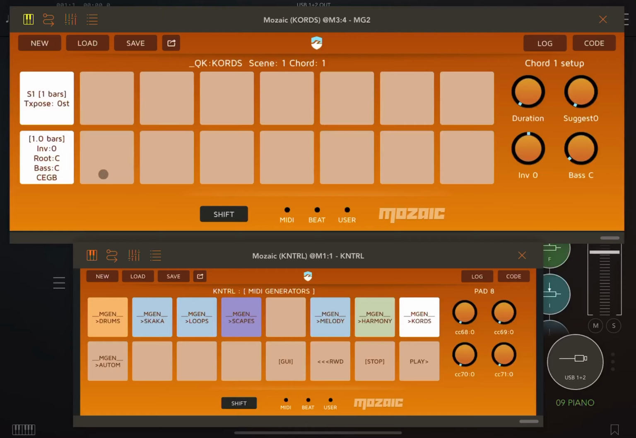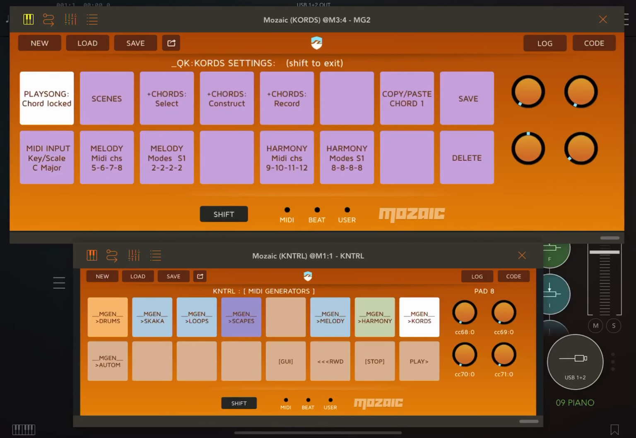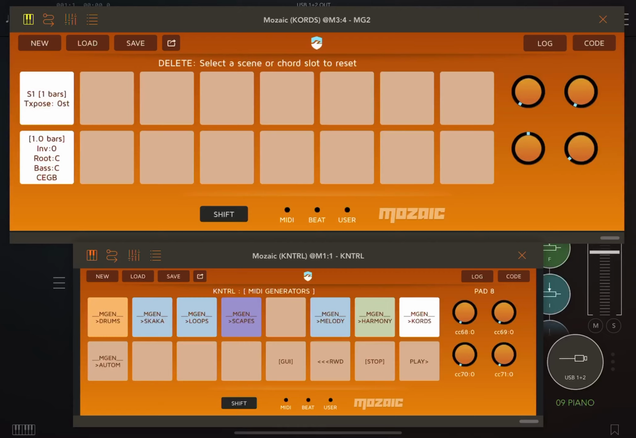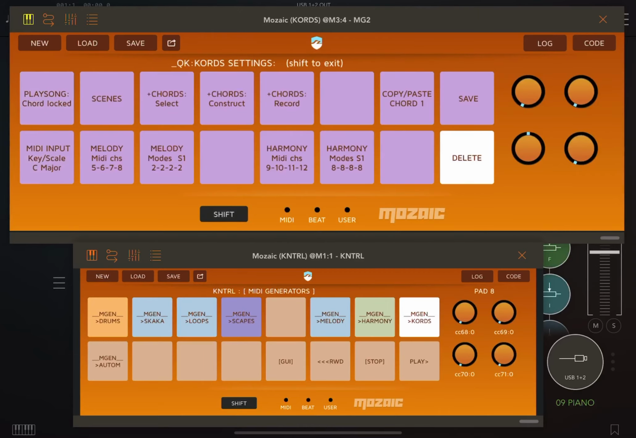So there are a number of ways in which we can add chords to build up our chord progressions, and I thought we could build up a common chord progression in a variety of different ways to see how you can do that. So first, let's just delete this chord. We'll go to settings, hit the delete mode button, and then tap on the chord we want to delete, and